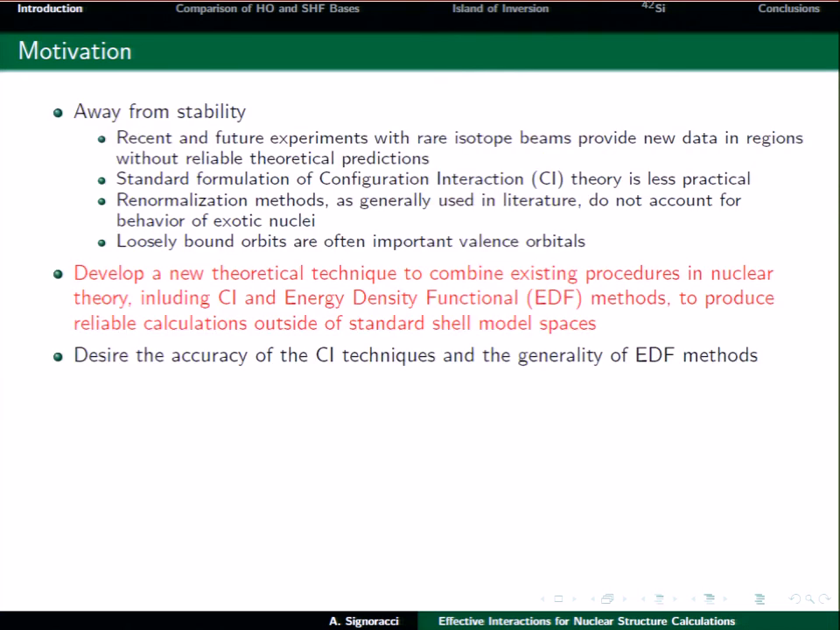The reason that we're very interested in these exotic nuclei is that they are currently accessible with the rare isotope facilities used in nuclear physics. Our theoretical predictions currently are not reliable for these exotic nuclei, but it is necessary to predict the properties of these nuclei in order to